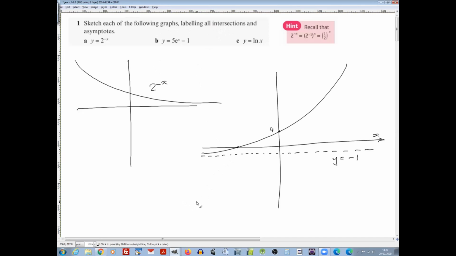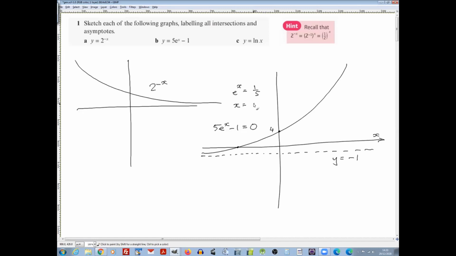So just set x equal to 0. Set what equal to 0? y equals 0. Yeah. So we're solving 5 e to the x minus 1 equals 0. That's right. Then you'd get 5e to the x equals 1. E to the x equals a fifth. X equals